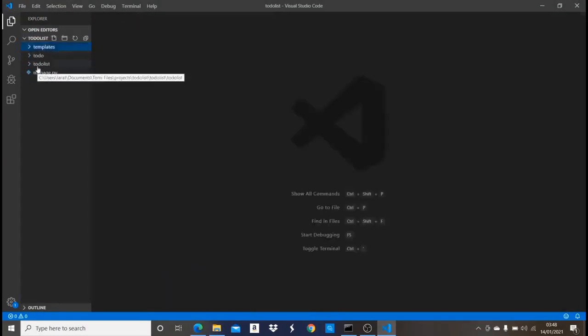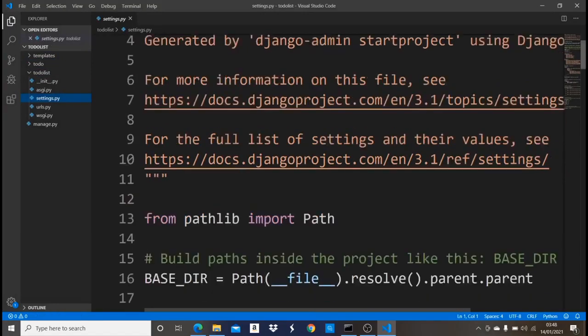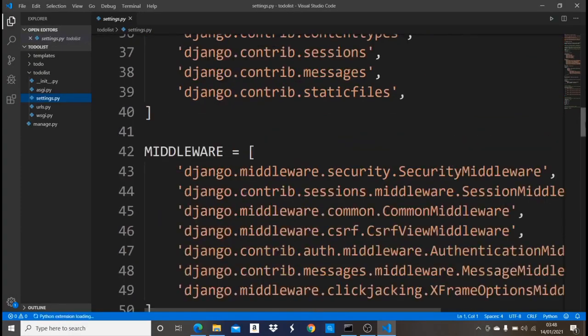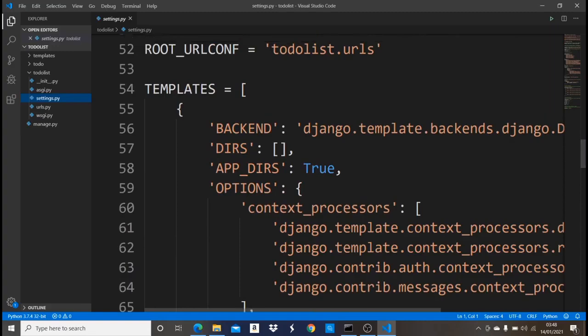So what I need to do now for Django to see this, I'm going to come into my to-do list, go into settings, and once I'm in settings, I'm going to scroll down a little bit. I'm going to look for where I see templates. So I'm going to scroll down. As you guys can see, there is a templates section here. So where you see the empty list, you are just going to write base